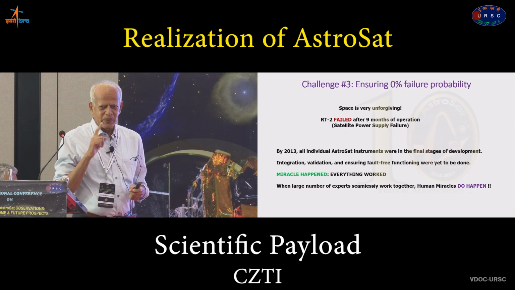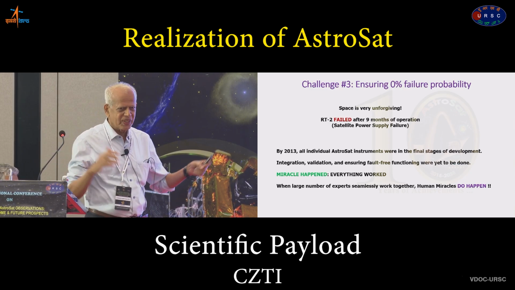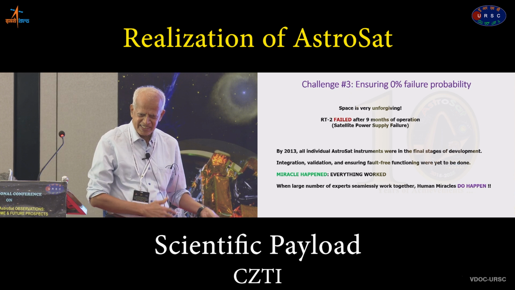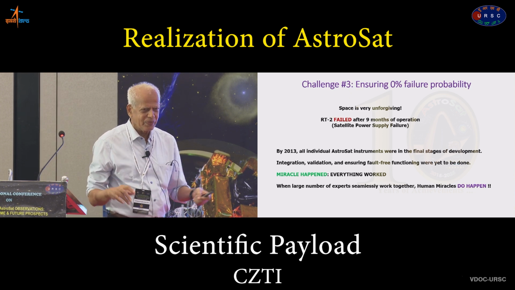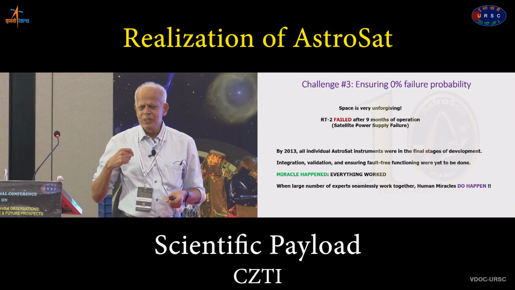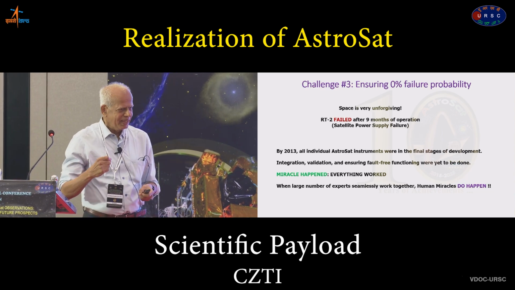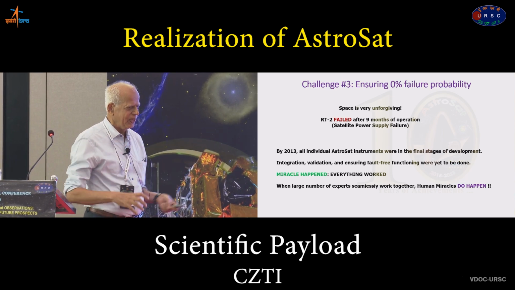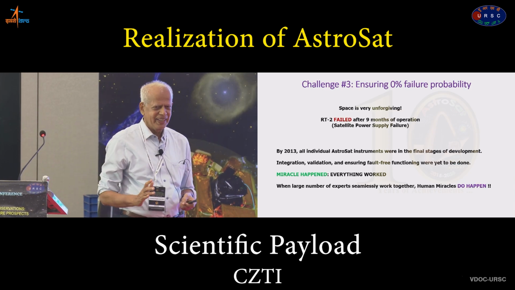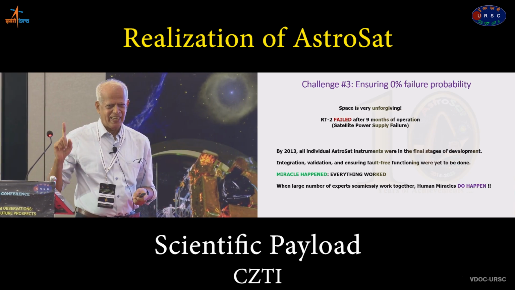I think from 2013 to 15, all of us, scientists, engineers, gathered in URSC. And there is no ego. If there is any problem, we went to the bottom of it, okay? And there is no blame game. So this cohesive work of 2 years, with everybody working together for one particular purpose, made AstroSat and CZT